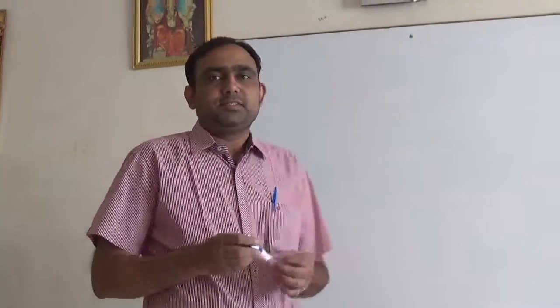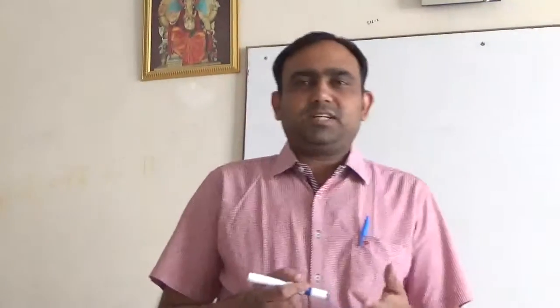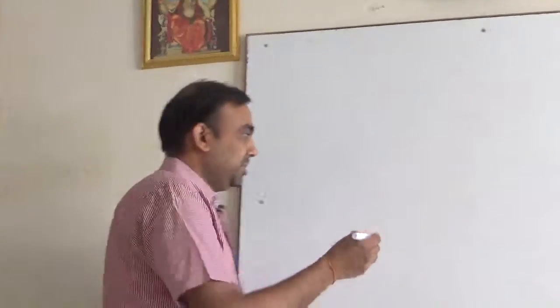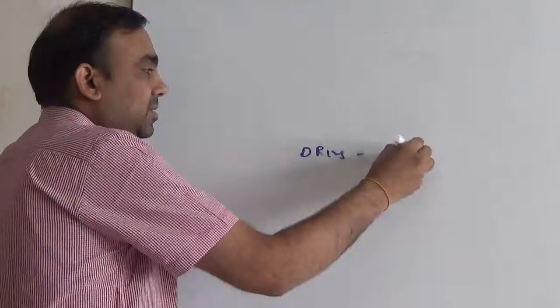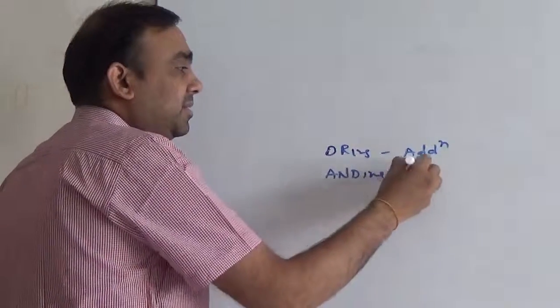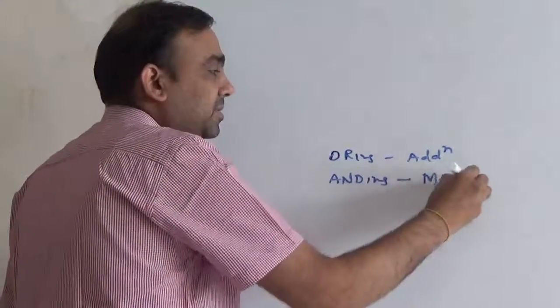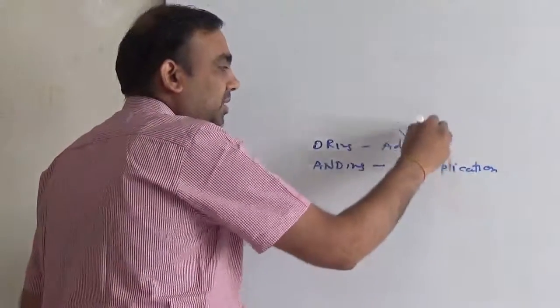So in today's lecture, we will discuss the logic gates and the application of all these things in programming. Most of the students have some misunderstanding about the logic and logic gates. If we ask them what is the ORing, the answer will be ORing means addition. If you ask them what is by ANDing, they will tell ANDing means multiplication. But this is not correct.